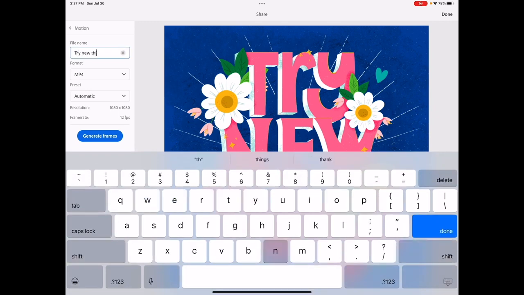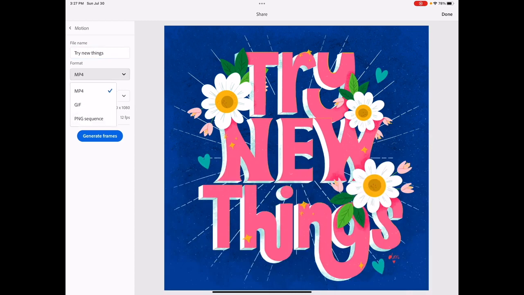You can rename it if you wish. And you can check out the different options here too. Like you can make GIFs for Giphy or Jiffy, however you say that. It's pretty easy. And you can look here, automatic or web ready. It's going to reduce your colors there. So I'm just going to leave it all as it was. And then the frame rate, you can adjust if you need to, but I left mine at 12 frames per second. So now I'll just push generate frames